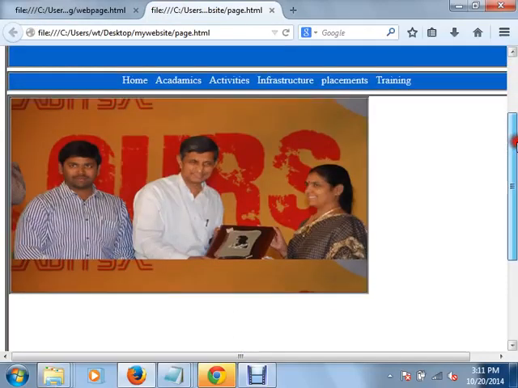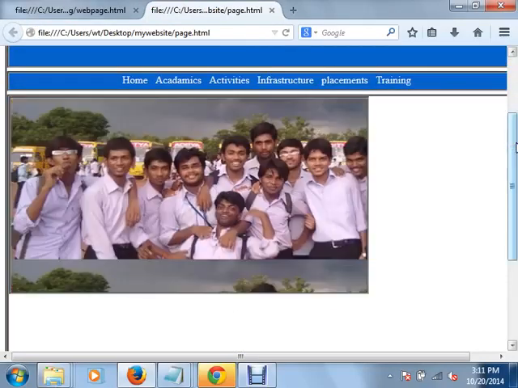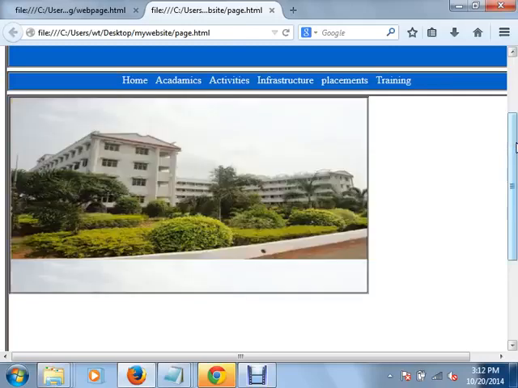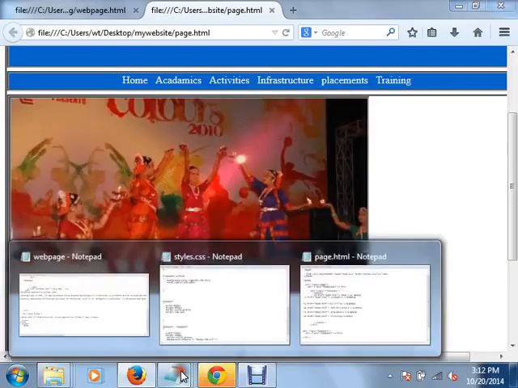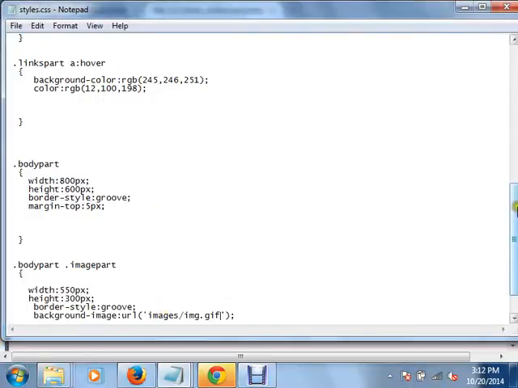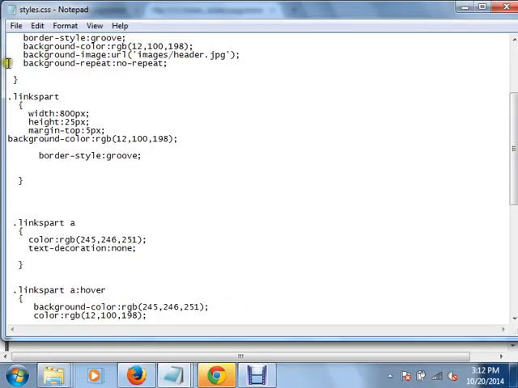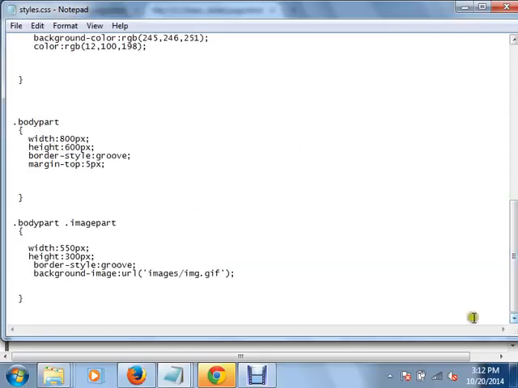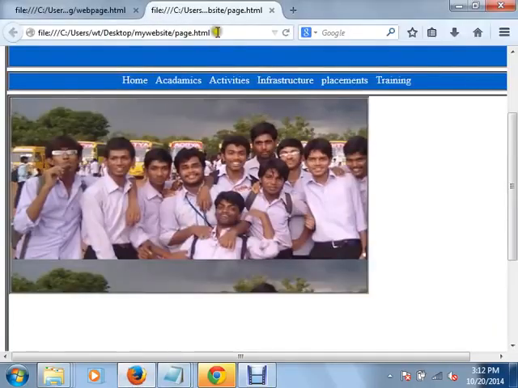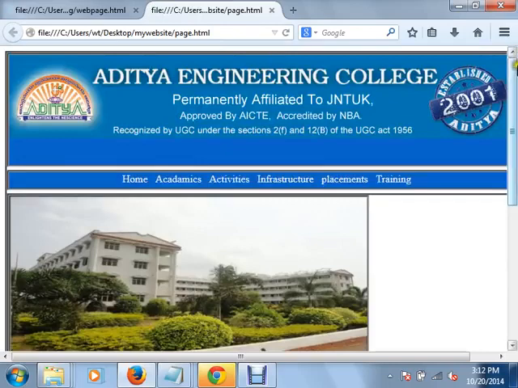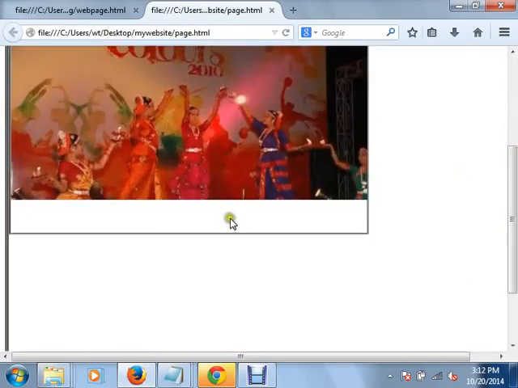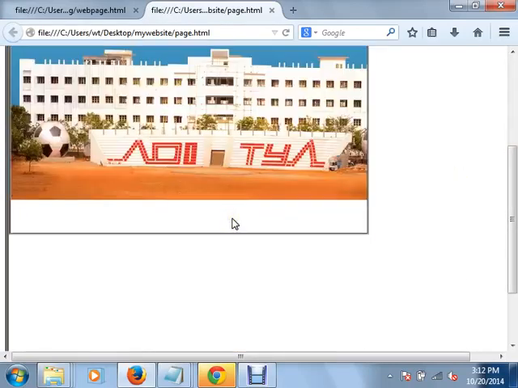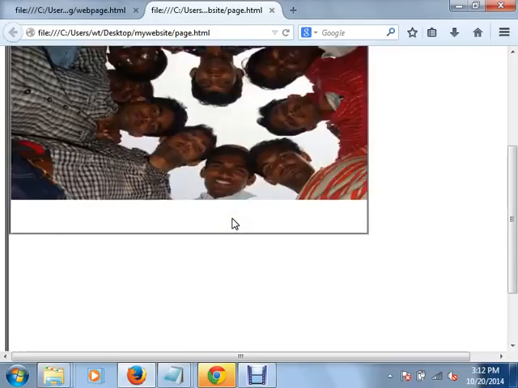Please display, but it is repeating in the vertical axis. So how to control that repetition? background-repeat, no-repeat. Now reduce this height. Why? Because the division height is more than the height of the image.